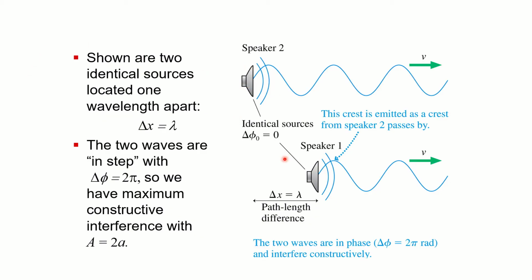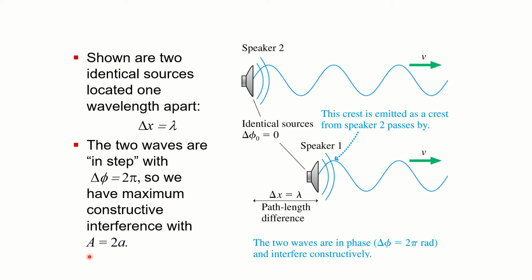So in one dimension, that's kind of how we've been looking at this. If I have two speakers that are in phase, as in the speakers themselves are both going up together and down together, so they're generating the same note with the same amplitude, and I'm at some distance away from each speaker where that path length difference is one wavelength, I'm going to have crests lining up with crests, and I'm going to get that maximum constructive interference where the phase difference between those two waves is some multiple of 2 pi.